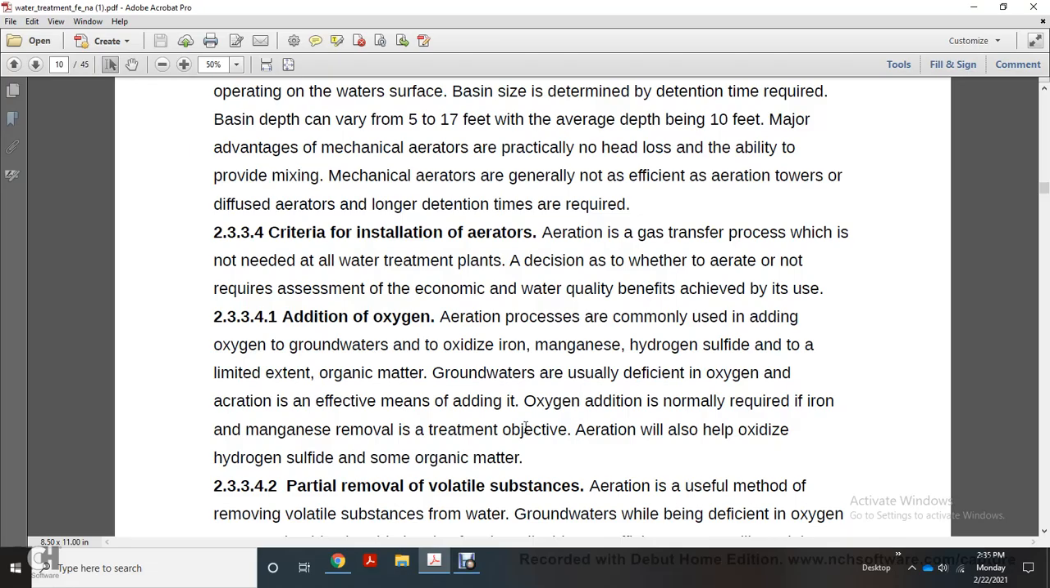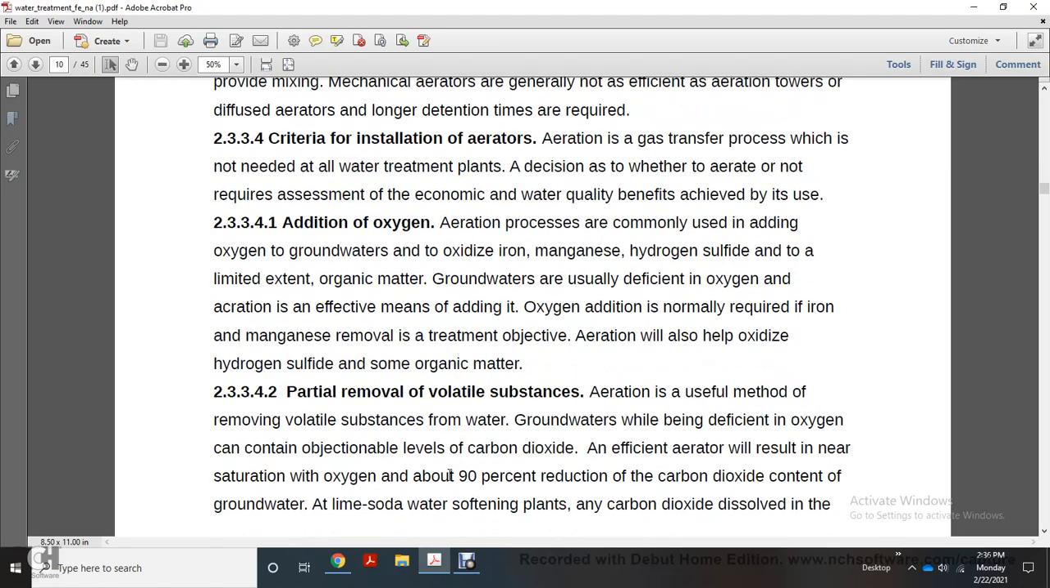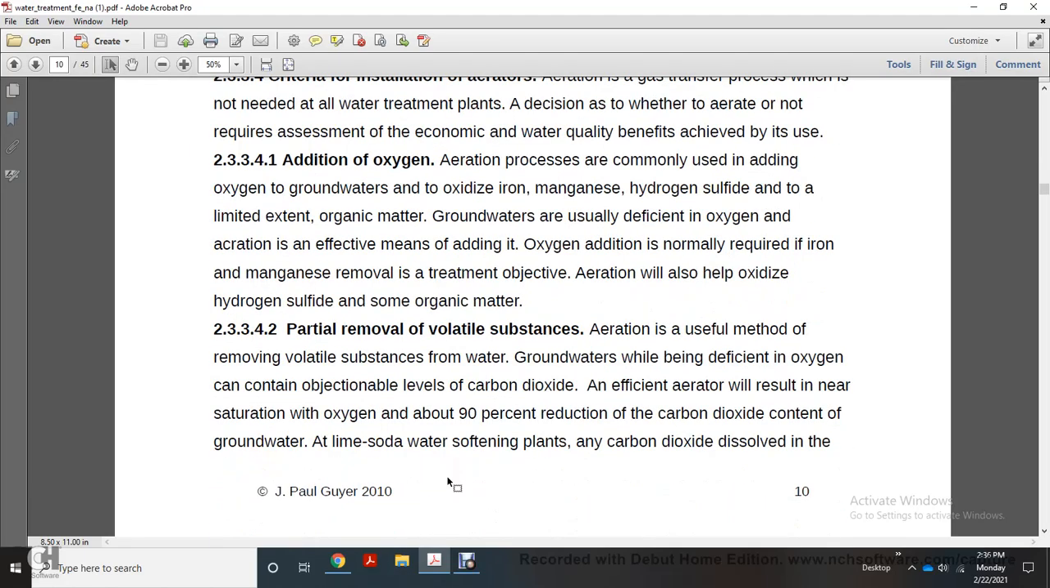Groundwaters are usually deficient in oxygen. Oxygen addition is normally required for iron and manganese removal. The treatment objectives of aeration also include helping oxidize hydrogen sulfide and some organic matter. Another objective is the removal of volatile substances, aeration being a method of removing volatile substances from the water. Groundwaters deficient in oxygen can have excessive levels of carbon dioxide. An efficient aerator will result in near saturation of oxygen and about 90% reduction of the carbon dioxide content of the